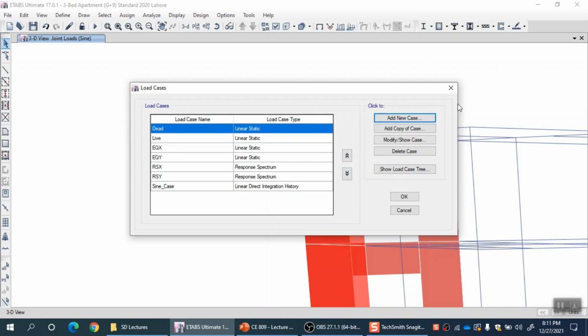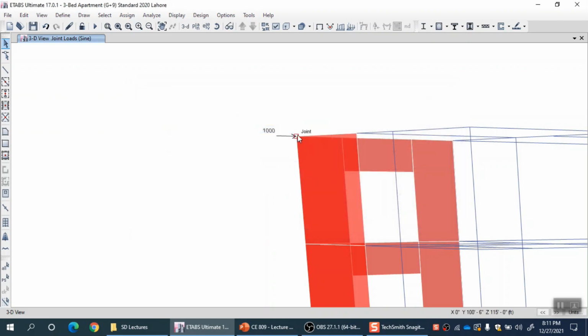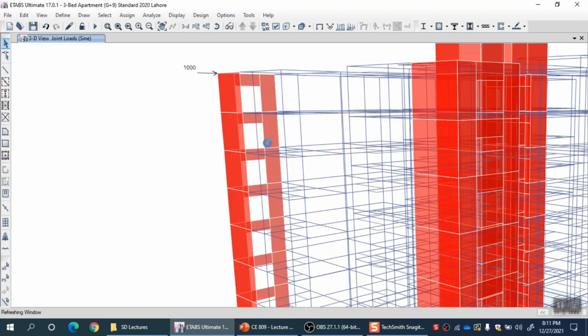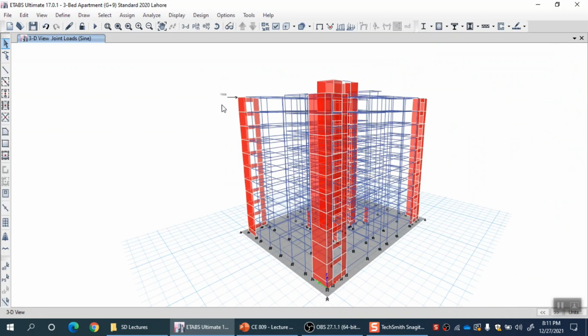Actually my assumption is that some source of harmonic loading is installed in your structure at this location. So let's imagine a hypothetical scenario that your structure is applied with a harmonic loading at this node only, right? But for real loading you should know which node of the building should be applied with what kind of loading. Just like dead load, live load or any other load, you should know exactly what node will have what loading, right?